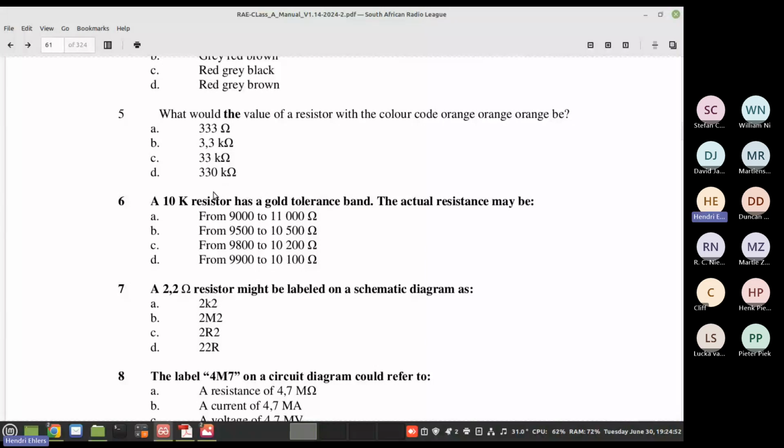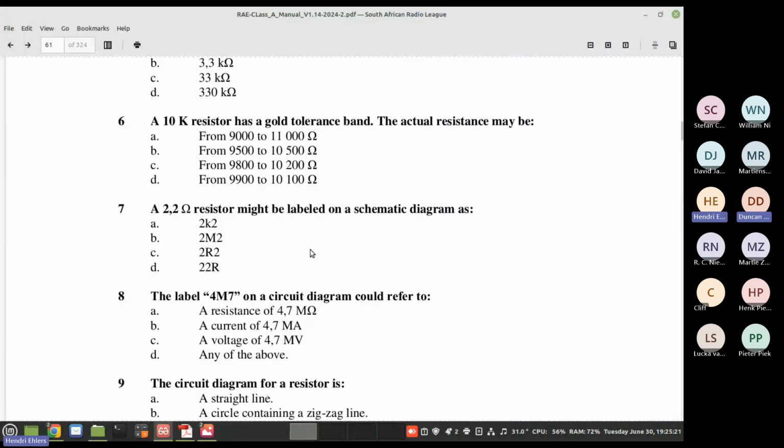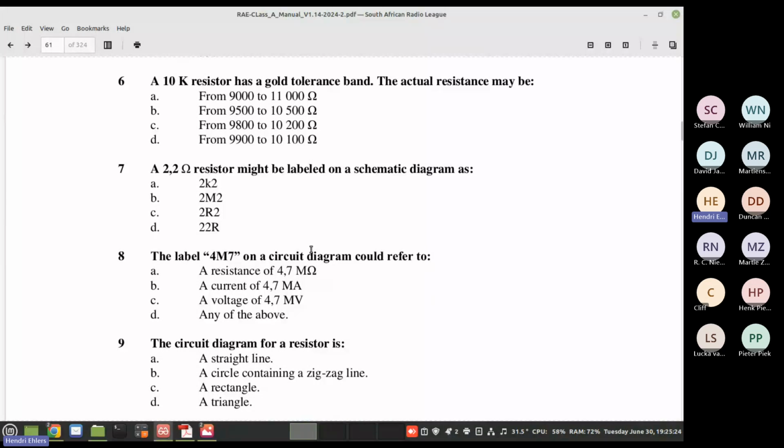A 10K resistor has a gold tolerance, so that's 10%. The actual resistance may be between... Is gold 5%? Let me just check. Maybe I'm wrong. Gold is 5, yes. 5%. Okay, 5% of 10,000 is 500. So it's B, plus minus 500. Correct. A 2.2 ohm resistor might be labeled on a schematic diagram as